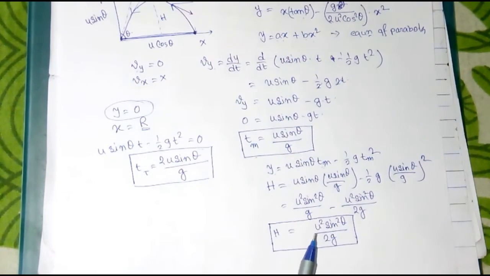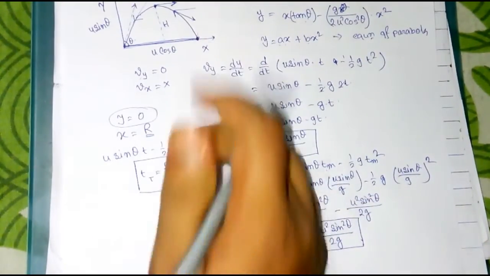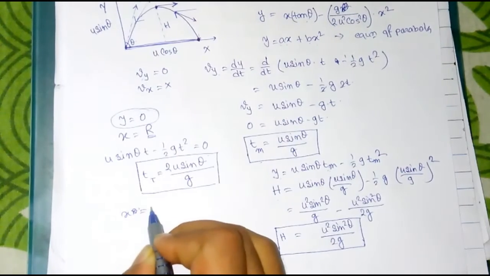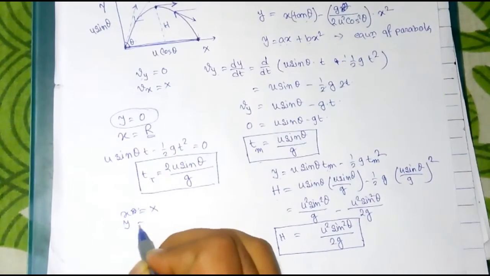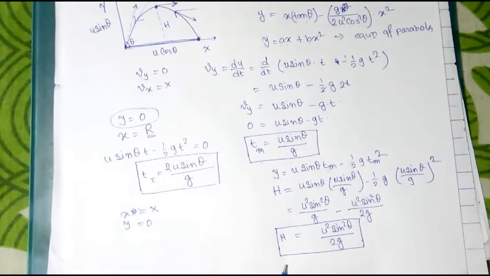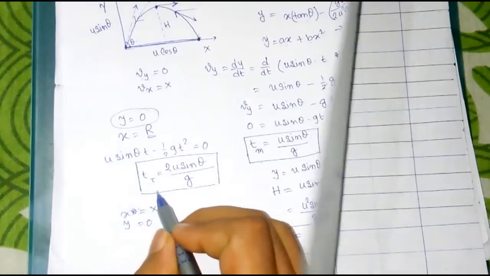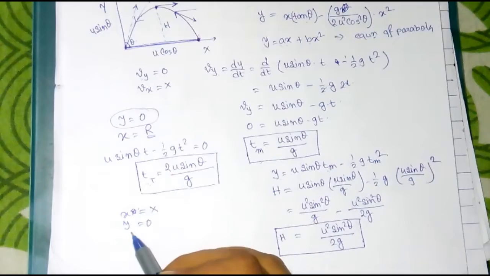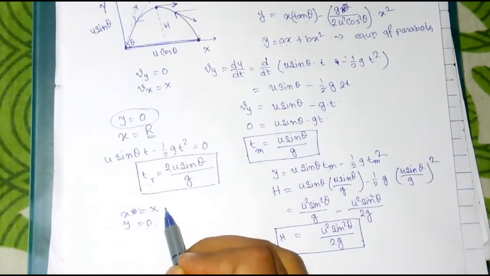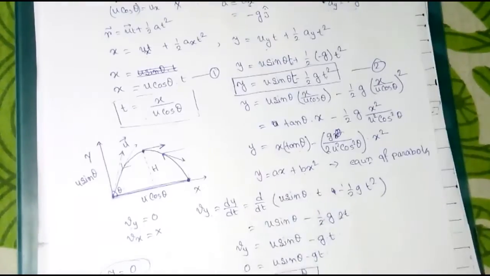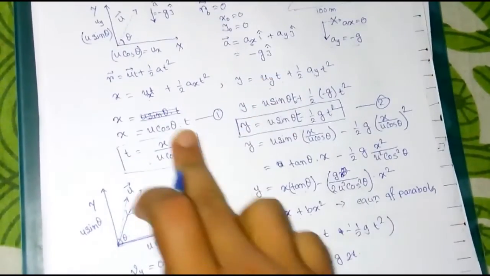Now if you want to calculate the horizontal range, at this point x is not 0, right? x is not 0, but y is 0, right? So only this equation, you can say at this total time, the y coordinate is 0 but the x coordinate is not 0. Now if you want to calculate x, so what is x? See here, x is where? Here. x is u cos theta into t.